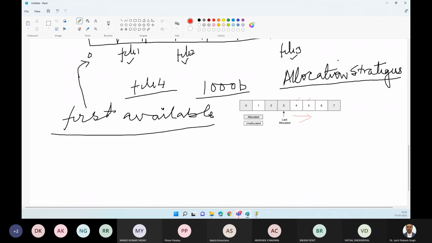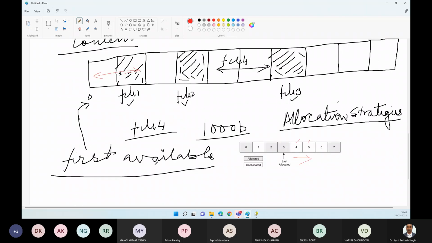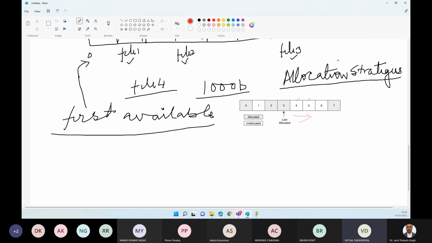So if it is creating a new file, again you can think it can be stored in the best available, next available, or best fit way. If it is overwriting into the same place, if there is space there, good. If there is no space, then it will search for one extra space which is used, and then it will go there and write it. Okay, so